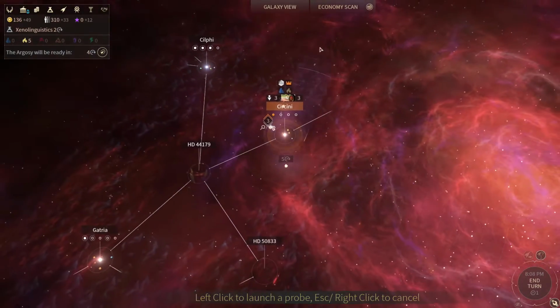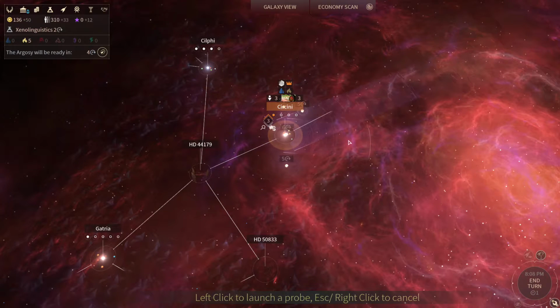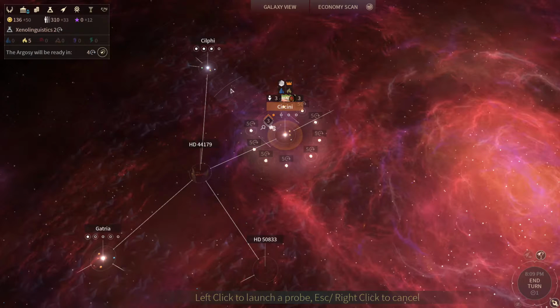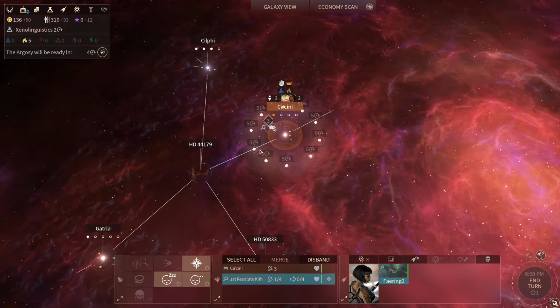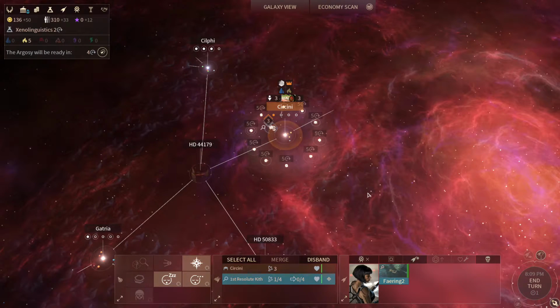And so what I'm going to do is I'm going to launch 4 on each side, kind of at a 1, 2, 3, 4, 5, 6, 7, 8. And you can see, this is why it's kind of an exploit. So we're going to, for a small fee of about 60 dust, be able to uncover a massive amount of what's immediately around us in just a few turns. Now, before we actually end the turn,